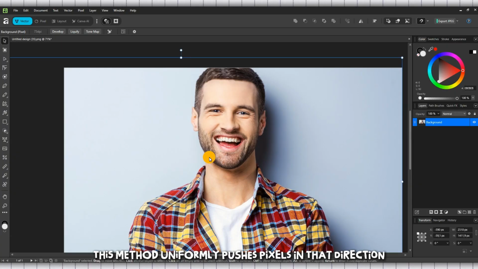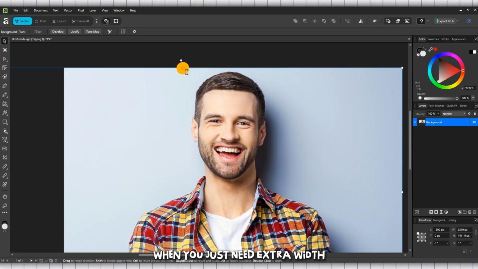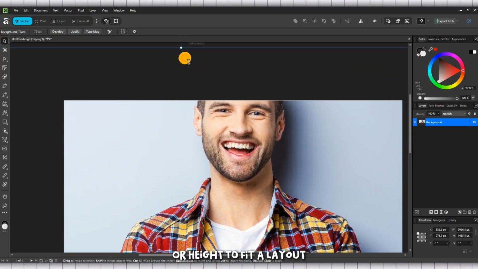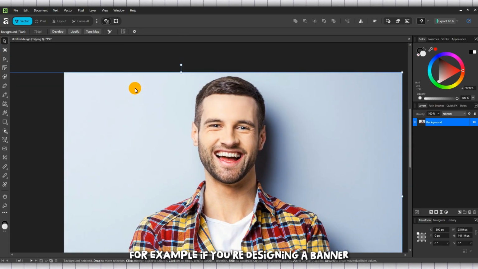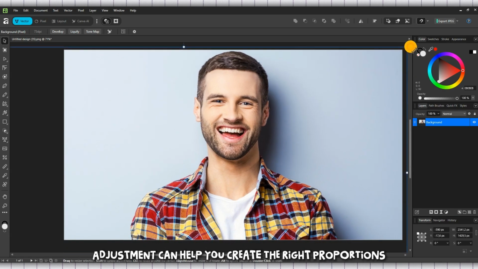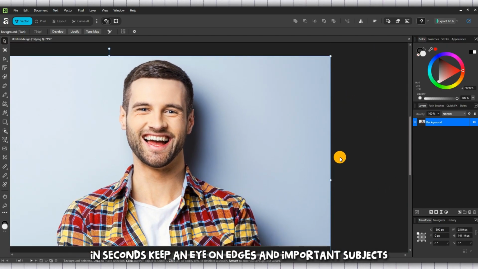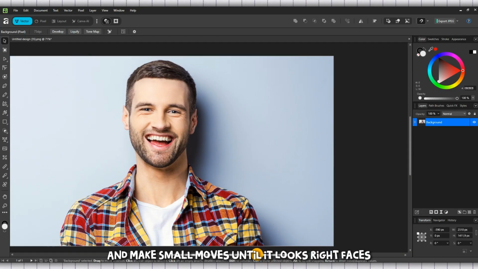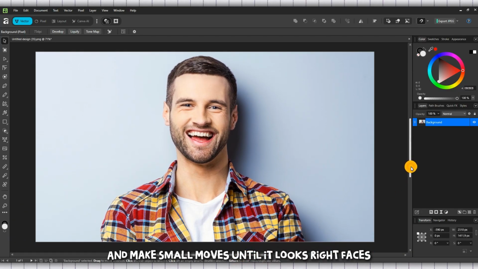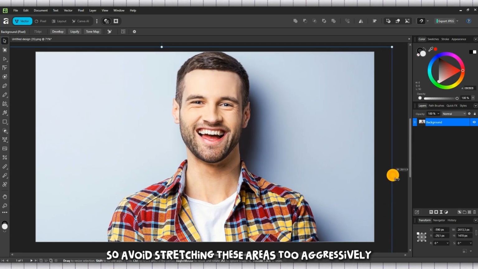taller. This method uniformly pushes pixels in that direction, so it's perfect when you just need extra width or height to fit a layout. For example, if you're designing a banner and need a little more space on the sides, this quick adjustment can help you create the right proportions in seconds. Keep an eye on edges and important subjects so they don't look unnaturally distorted, and make small moves until it looks right. Faces, text, and recognizable objects are usually the areas where distortion becomes noticeable first, so avoid stretching these